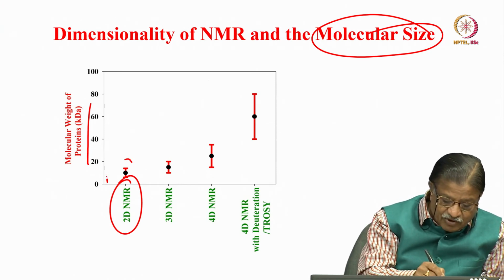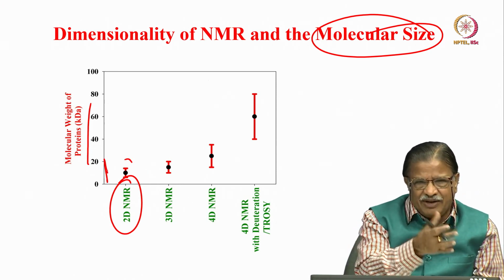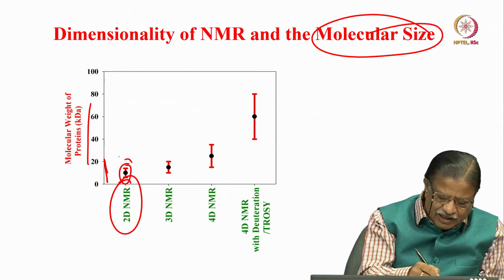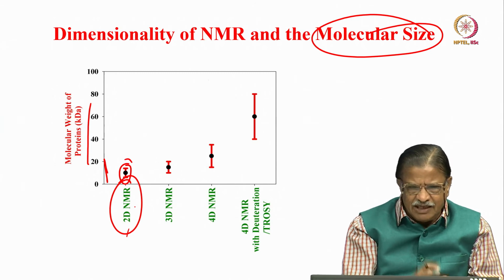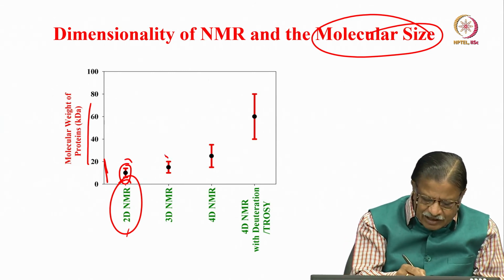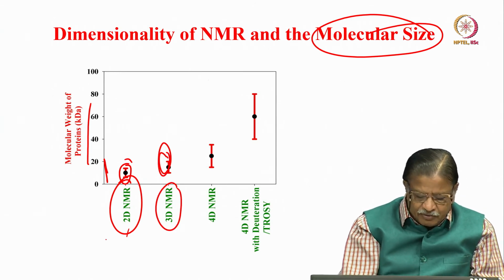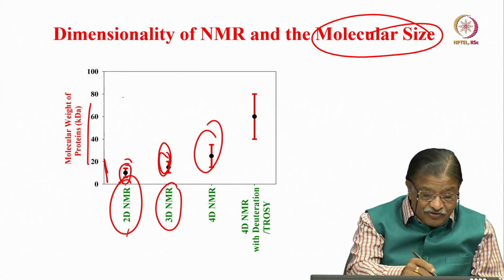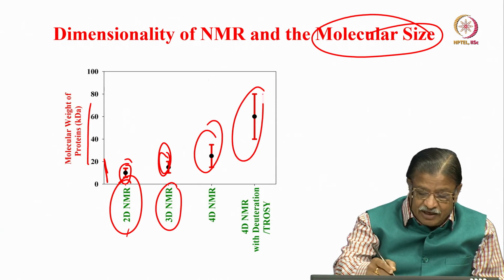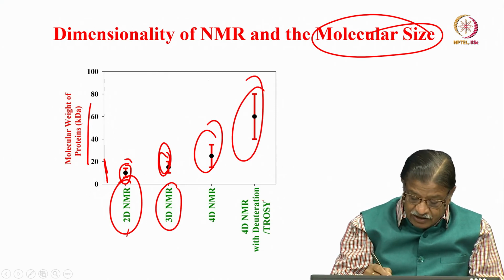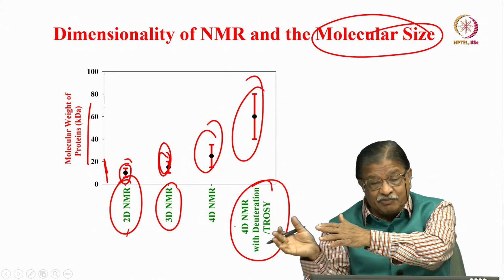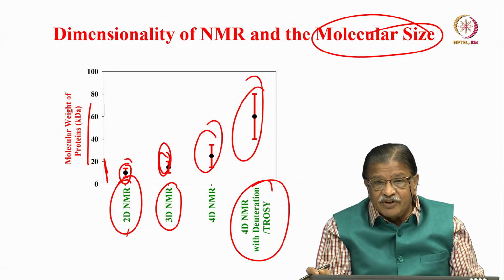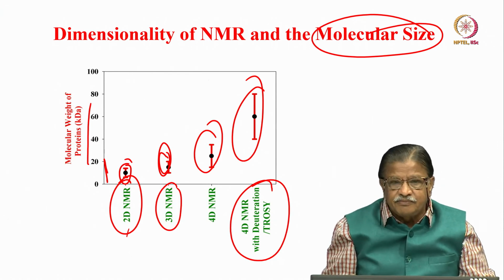See, you can go up to 0 to 20 kilodalton. We are taking the example of proteins here. Then up to 0 to 20, let us say, you can go to 2D NMR, reasonably okay. Around 20 to 30, even 3D will do. 4D, you can go up to 40 kilodalton. If you go higher, more than 40, up to 80 to 100 kilodalton, you need 4D NMR and even higher experiments, other special experiments you require. So dimensionality increases with the size of the molecule.